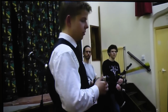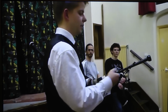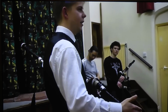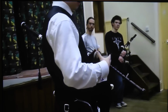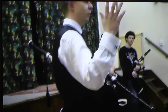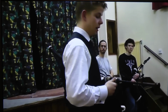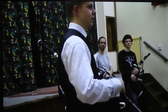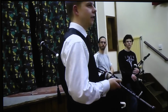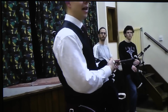I've got tape on almost every hole in the chanter as well, except for low A and B on this chanter. Everything is set to low A, and if you're at a competition outside and it's overcast, it's going to be really warm one minute and then really cool the next when the cloud covers the sun. So that's going to change your chanter because the pitch determines how the reed vibrates, and also cool the chanter down. So notes will change, and if you don't have tape on it and it's flat, or you don't have tape on it and it's sharp,